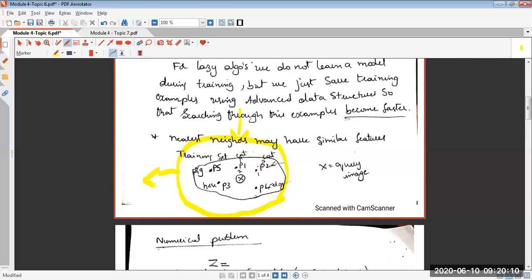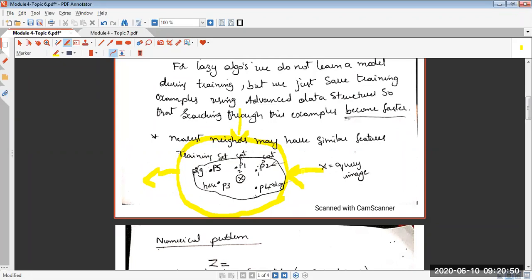The nearest neighbor classifier will keep it ready. We understood that the classifier will not build any model out of it. It just keeps the data ready, similar to how students typically accumulate materials and keep them ready, and activate them only on the day before internals. Similarly, the data is ready. Given a query image, an input, a record, when you ask the nearest neighbor classifier to tell to which class it belongs, then it gets activated. Then it starts working on the training data.